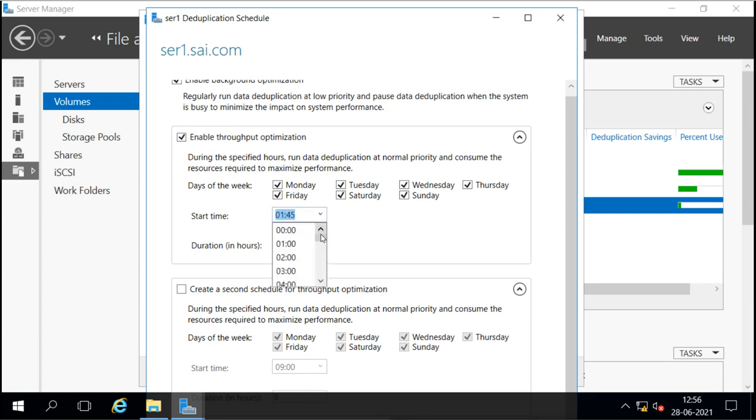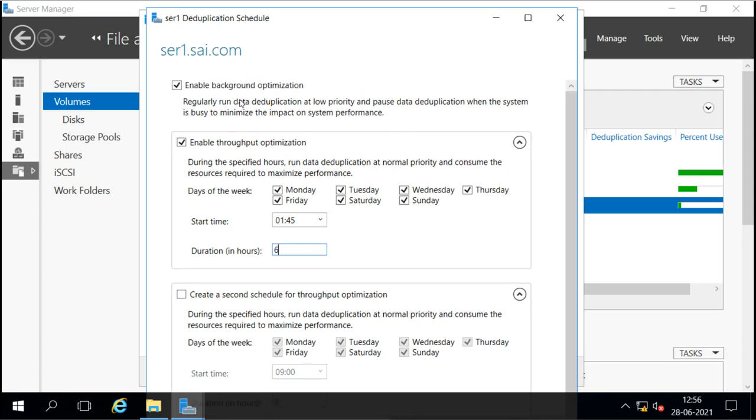So we can decide at which time it will start to do the optimization, and it is in 24-hour format. So by default it is set to run at night when the other users are not working, and it will take a duration of 6 hours. That means it will take 6 hours, running the full optimization with the maximum performance, and if within that time it is optimized, then okay, and if it is not optimized, then it will go back to the normal one. That means it will run with low priority. Normally it will run and not use the maximum resources of our system.